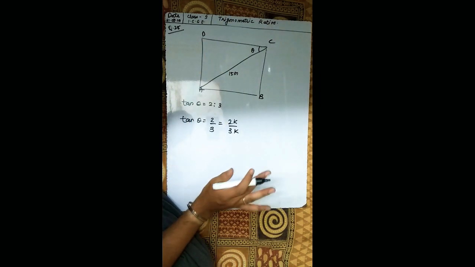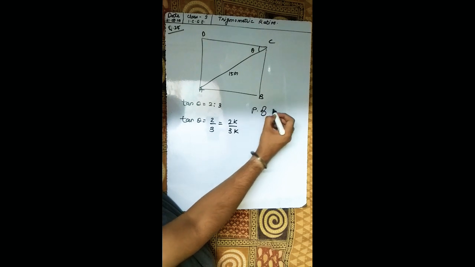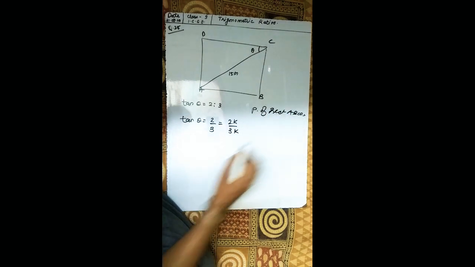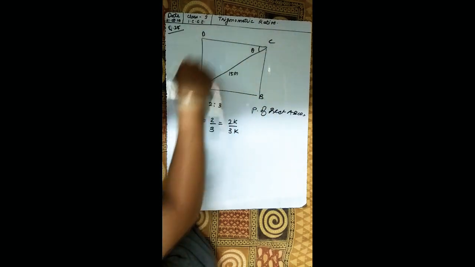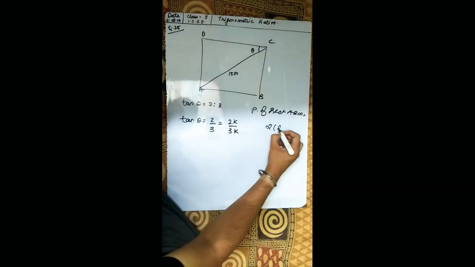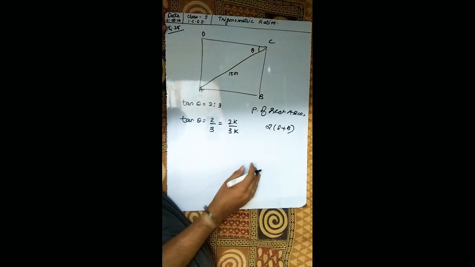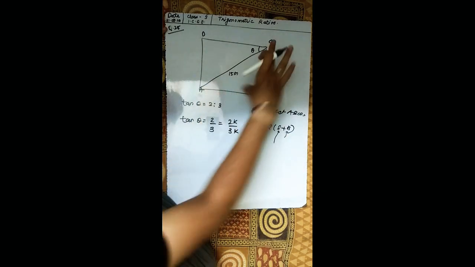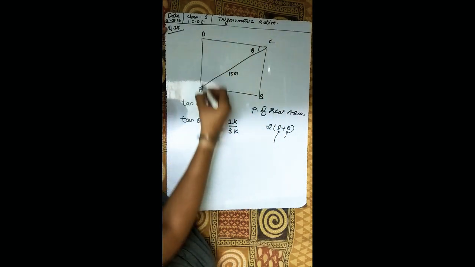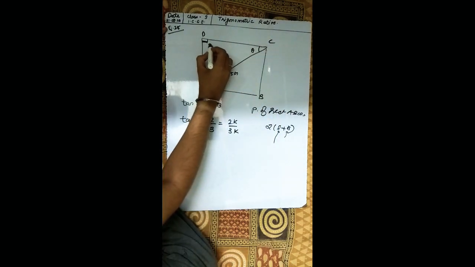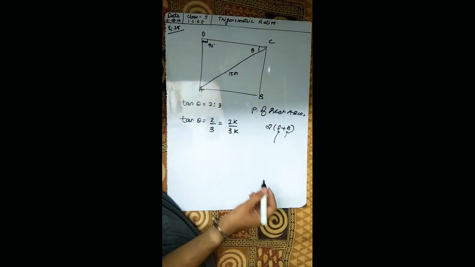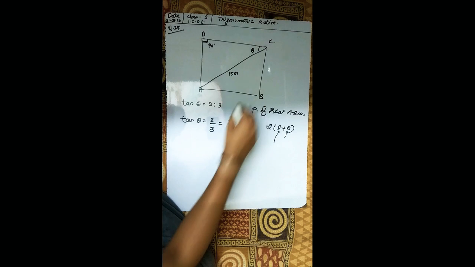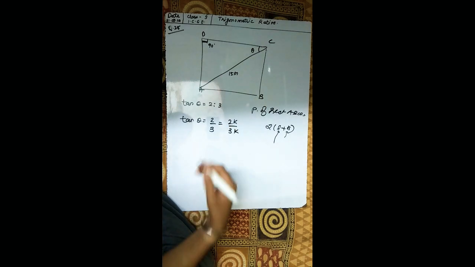And actually the question was to find the perimeter of this rectangle ABCD. What is the perimeter of a rectangle? Perimeter means the sum of all the sides, or directly 2 into L plus B. So you need L and you need B, that means this and this. So first let us consider this triangle. As we know, in the rectangle, all the edges, the adjacent edges, they extend 90 degrees.